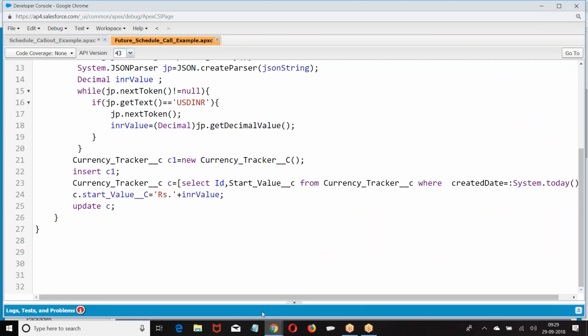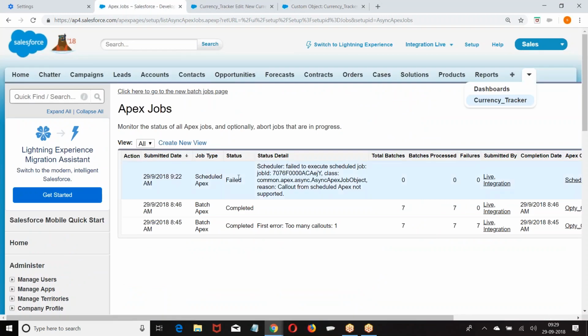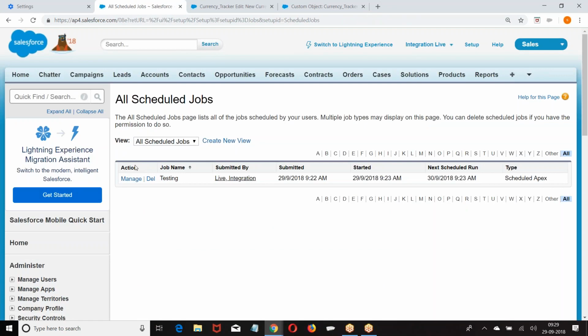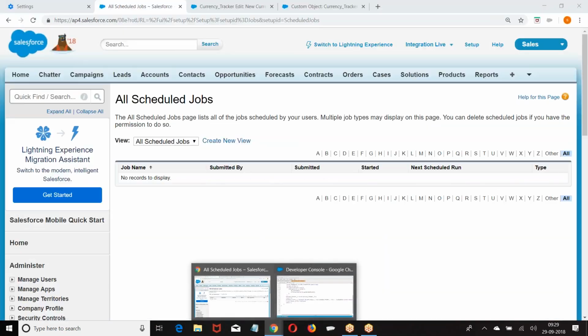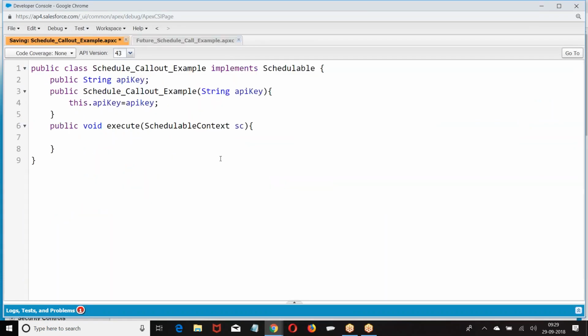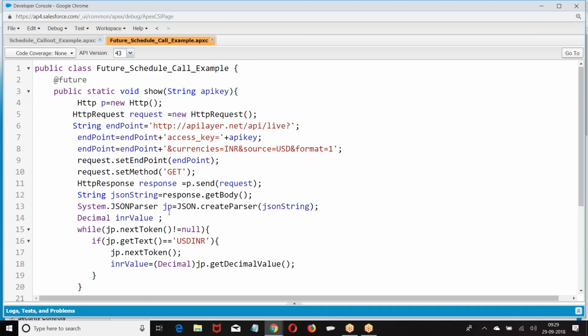Now, next I need to make one quick change here. Some jobs are scheduled without deleting or aborting the job. I am trying to make changes, so it will throw an error message. Scheduled jobs are there without aborting or deleting the job. That was one of the errors. So I deleted the job, then I am making changes. So it is a schedule.